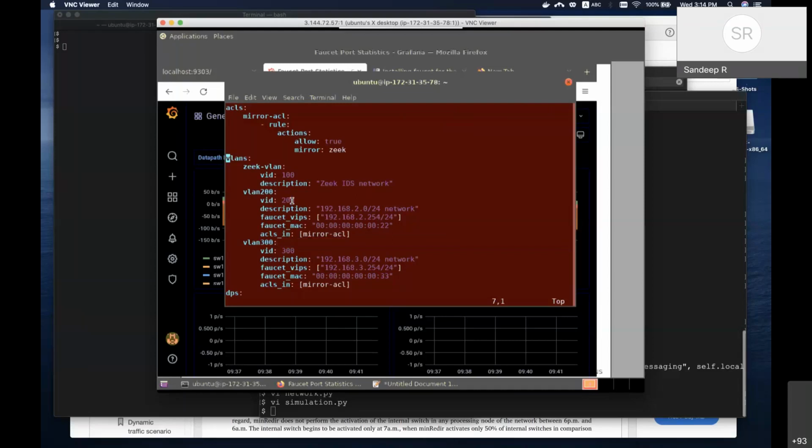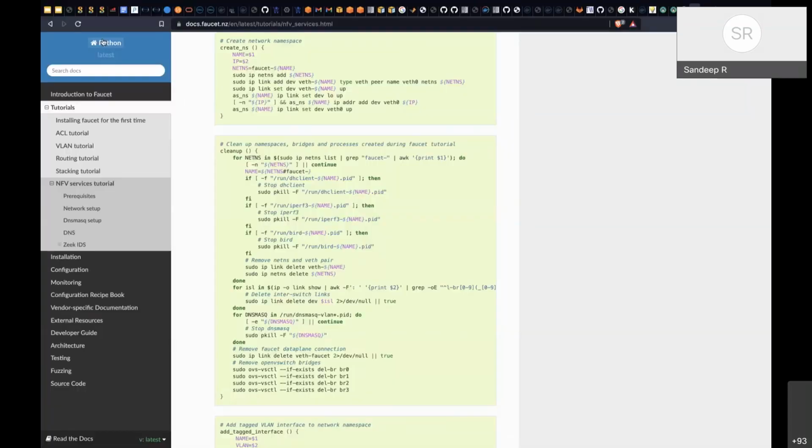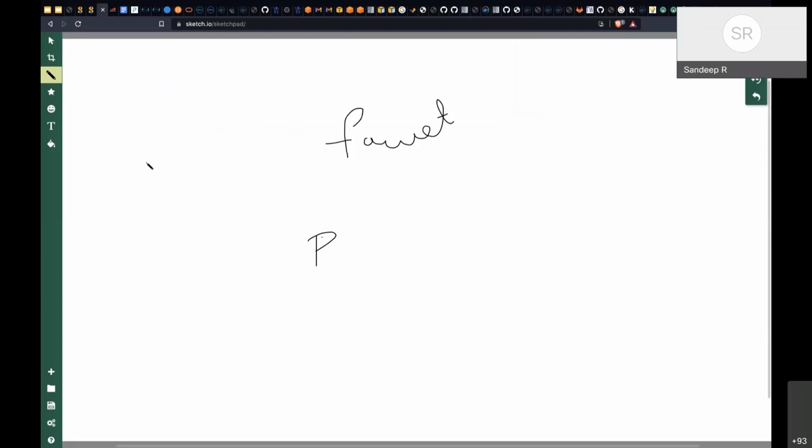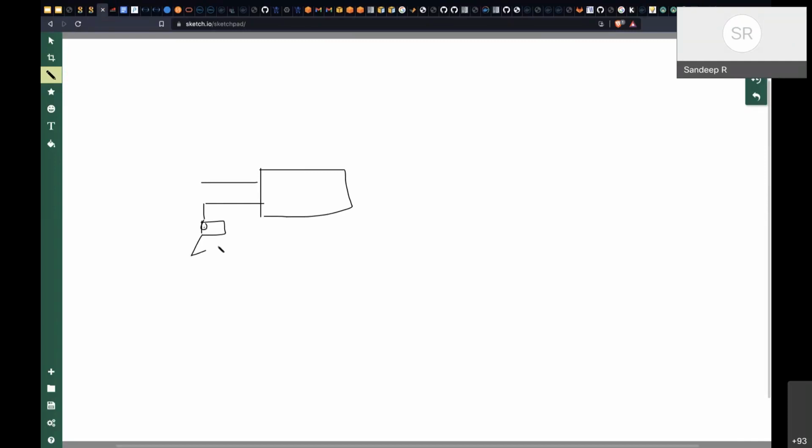I'm not sure if everybody understands what VLAN is. If you're not familiar with VLAN, it's a segmentation. It's just one slice of a network. Let me show you how that works. Suppose I have a network device, and there are two departments connected. Let's say there's one user connected through a laptop, and there is another PC or maybe one more mobile phone connected.